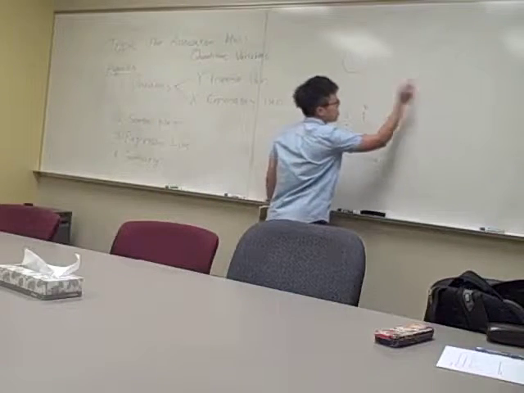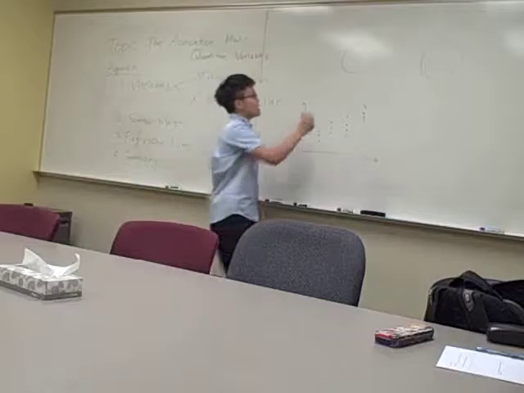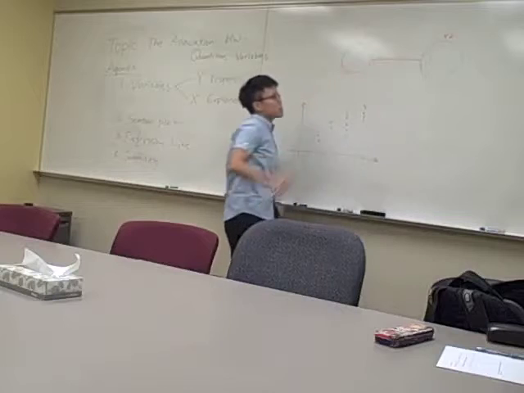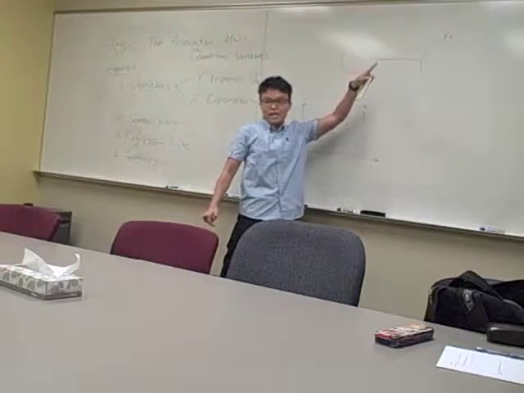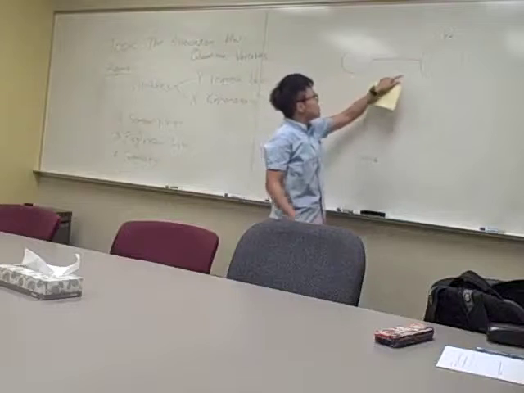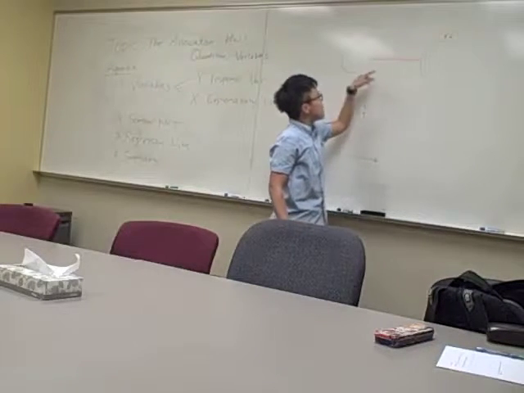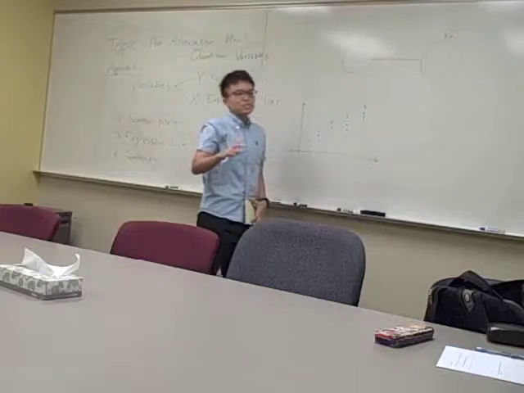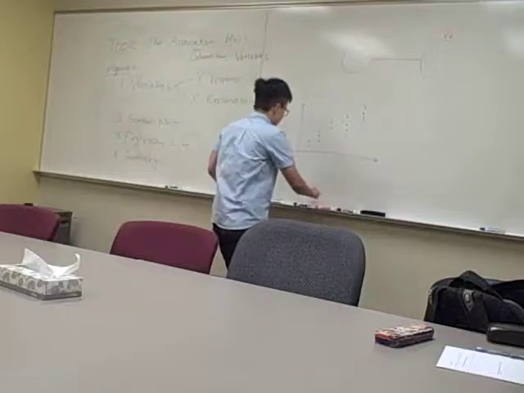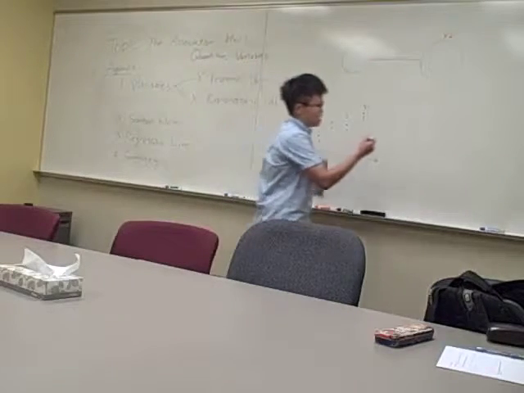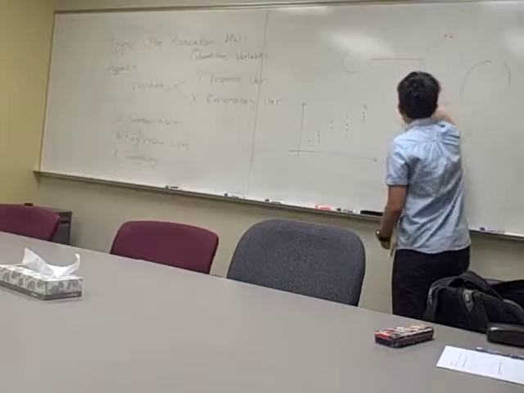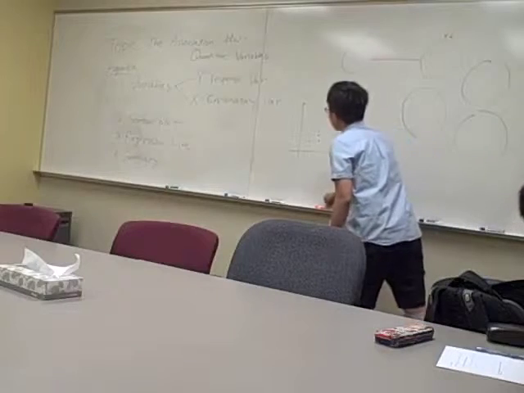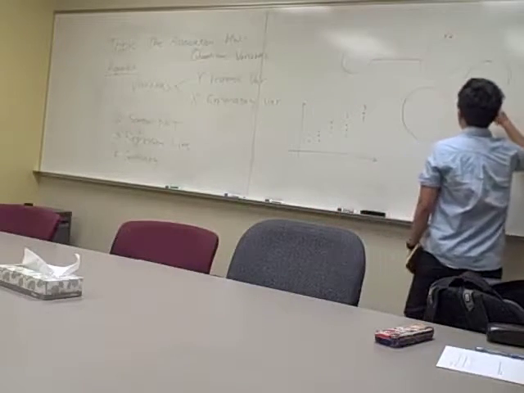Now we will talk about the association between quantitative variables. Suppose these are two quantitative variables: this is variable 1, this is variable 2. The association, maybe we can express like this line. Today we are talking about the relation between these two variables. If there are only two variables, things can be easy. But if there are a lot of quantitative variables, then the relation, the association between these variables, can be like this,